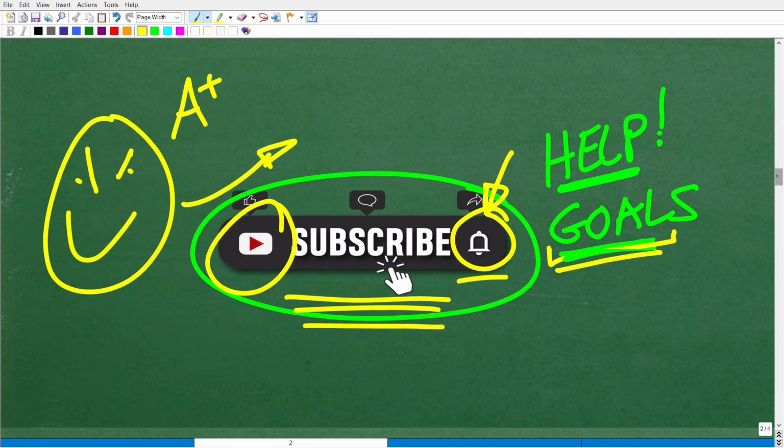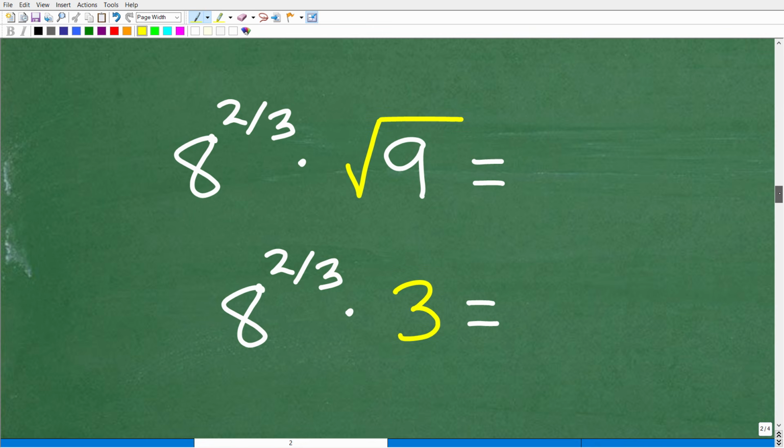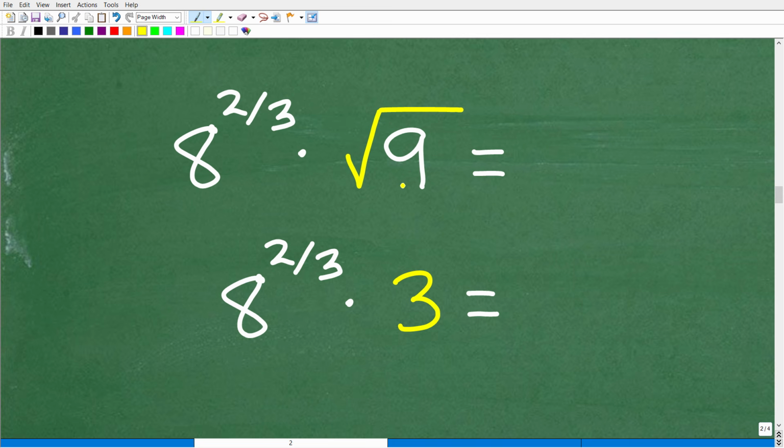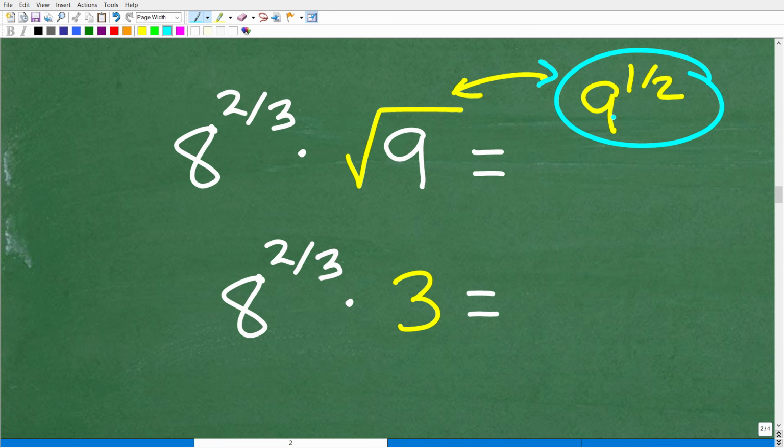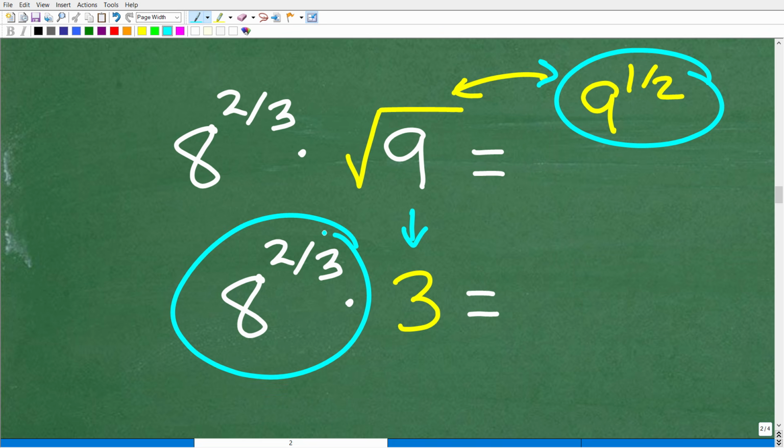All right, so let's go ahead and get into the rest of this problem. So here, we know that the square root of 9 is 3. And remember, the square root of 9 is the same thing as 9 to the 1/2. So we have our brain working in terms of looking for rational exponents and thinking about a radical, and then looking at a radical and thinking about a rational exponent. Our original problem had 9 to the 1/2. We know that's the square root of 9, and now we understand the principal square root of 9 is 3. So now we just have to figure out what 8 to the 2/3 power is equal to,